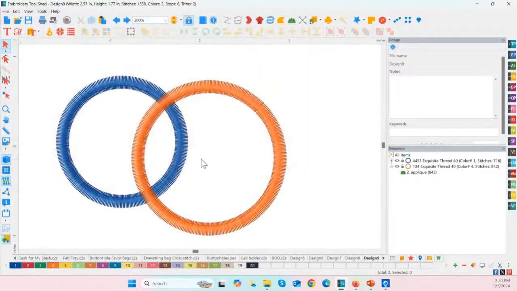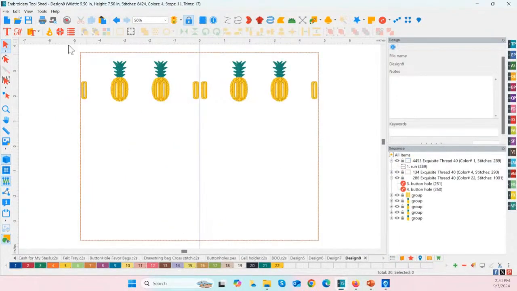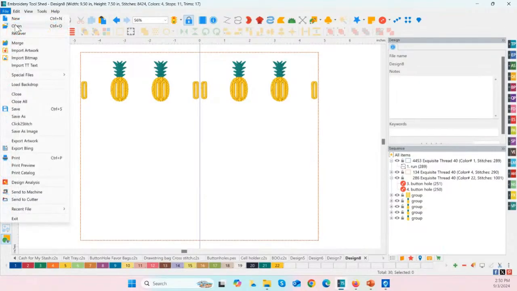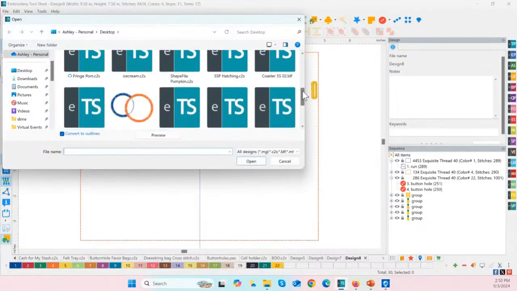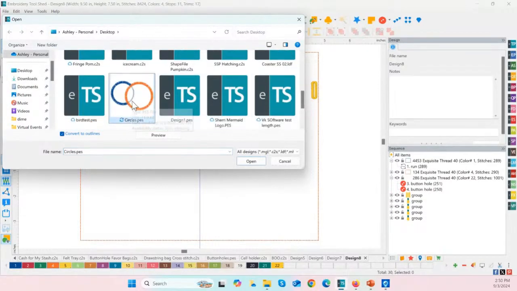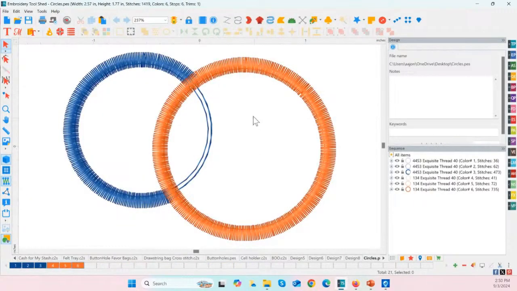So I click save, okay? And then I'm going to close this one out to make sure that we are only opening the PES file, okay? So I'm going to do File, Open, go to the desktop where I saved it. And look, I can even see the little image. It's already removed. So I double click and you can see that it has cut away those stitches from the